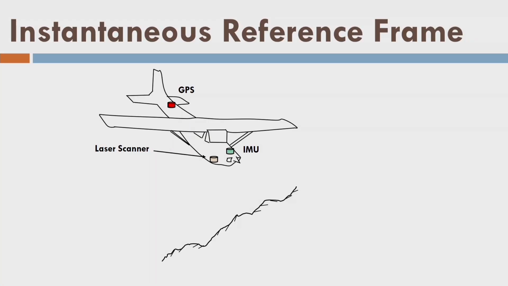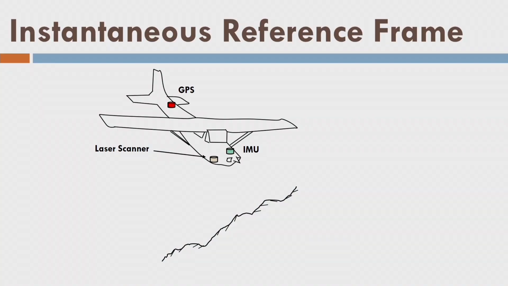First of all, instantaneous reference frame is there, and you can see that there is an aircraft, and aircraft is mounted with the laser scanner, IMU and GPS. GPS determines the trajectory of the aircraft and it acquires the data at every 1 second. During that 1 second, we take help of the IMU, which measures the roll, pitch and yaw with respect to the true north, true east and the gravity direction. So using those 3 angles, we try to find out the aircraft trajectory coordinates during that 1 second where GPS could not acquire the data. So we can understand that we have the continuous data of the GPS trajectory.